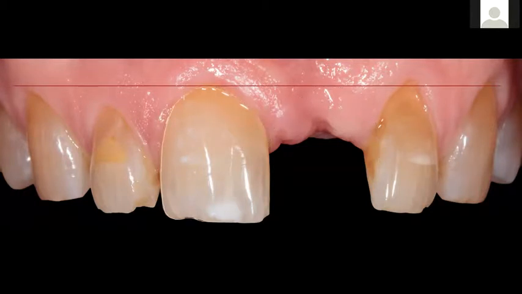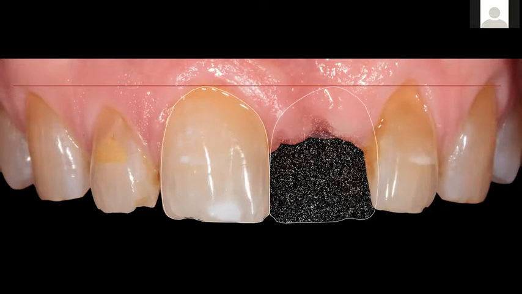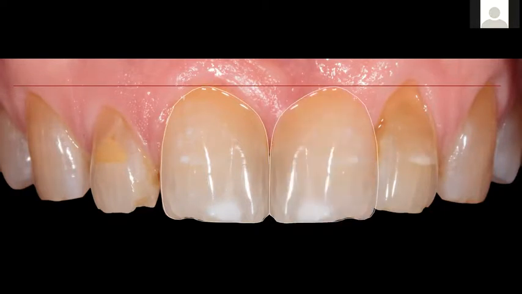So here, if we go ahead and look at this, we can see that what we want, if we have a mirror image of this tooth, this is what we want our final restoration to look like. The gingival margins should ideally be more harmonious to the contralateral side if we want to restore this case. Otherwise, if you restore this case with those gingival margins on number 10 and 11, you're going to end up